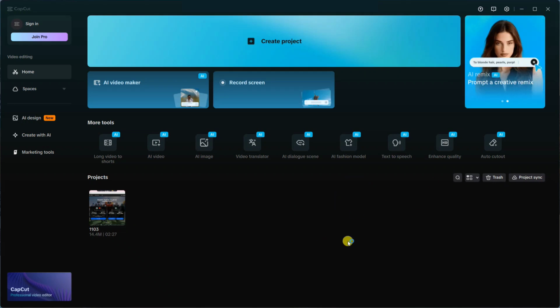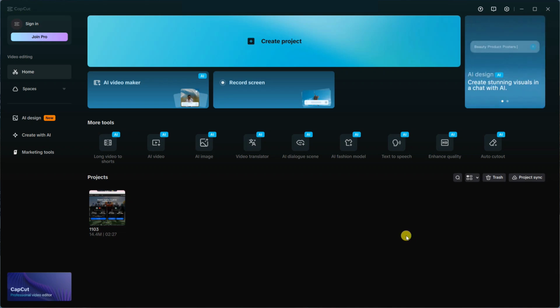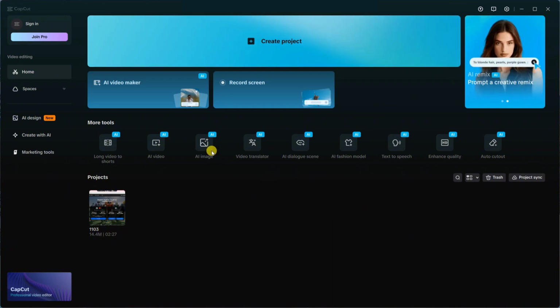How to transfer CapCut projects from PC to phone. So in this video, I'll show you how you can easily transfer your CapCut projects from your PC to your phone device. So first, go ahead and open the CapCut app or the CapCut web on your PC, and then